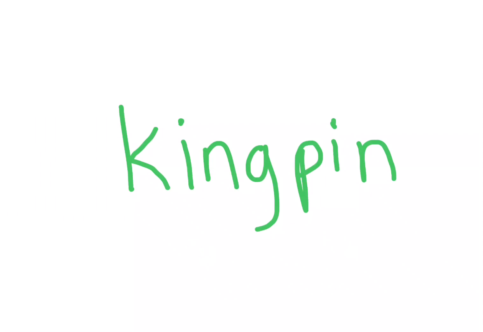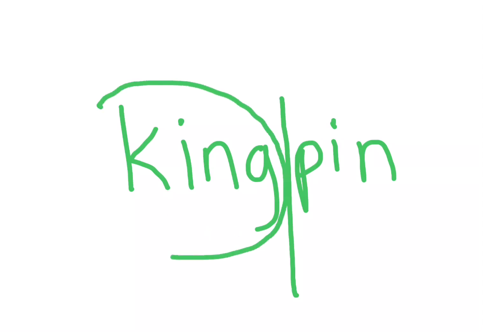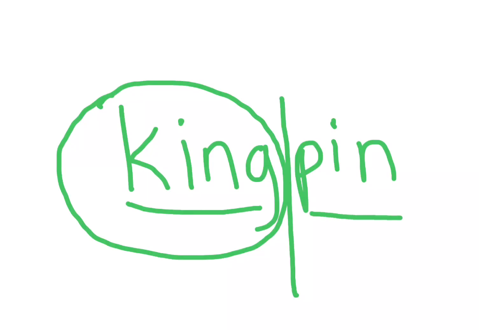What if we took this word, and if we didn't pretend that we didn't know it, could we identify where the ending blend is? Sure. We can recognize the NG. So where do you split it? Well, if we know that NG has to be an ending blend for a syllable, we know that the split has to be right here. Otherwise, NG wouldn't be an ending blend. It ends this first syllable. So what I would do is circle that first chunk, and now we can read it as king, pin,